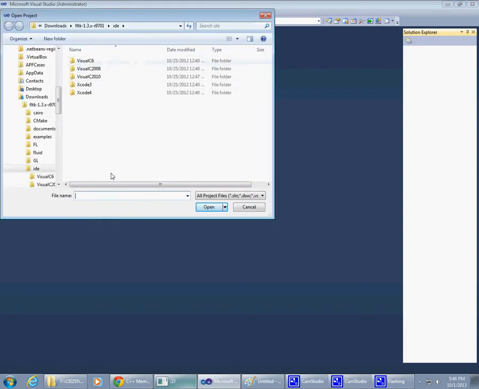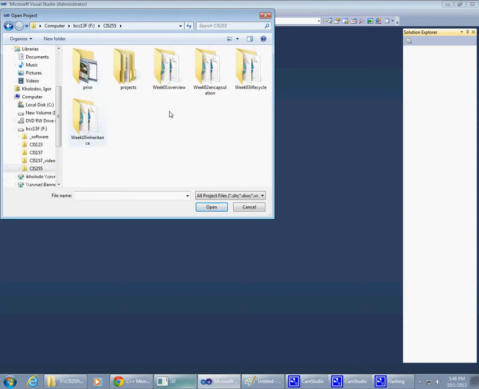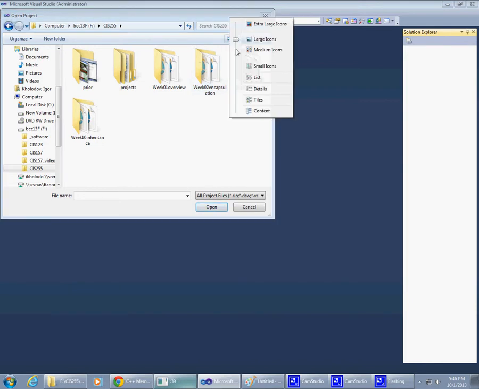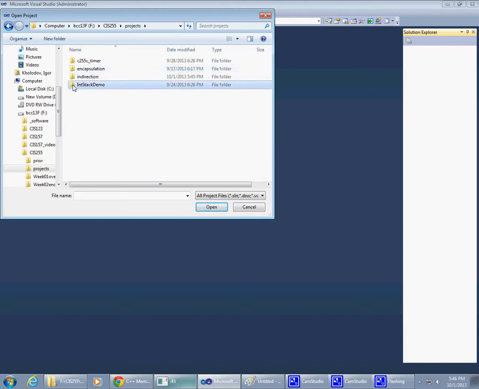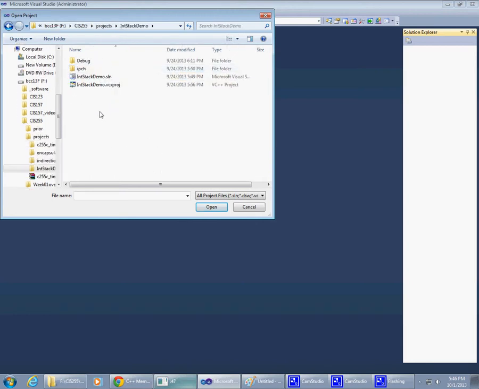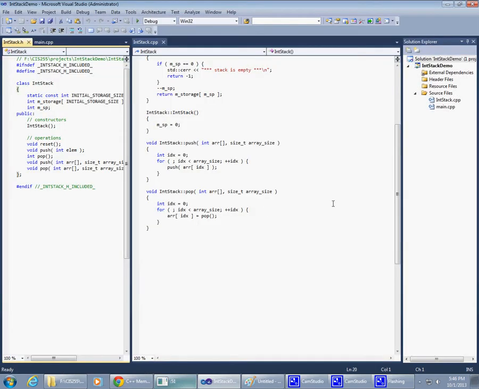And I will go back to our... I guess it's on F drive right here. Projects, stack demo, great, that's the one. All right, stack demo solution, so open that. Okay, so going back to the stack demo solution, let's quickly